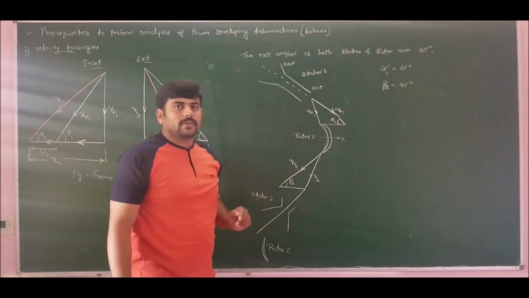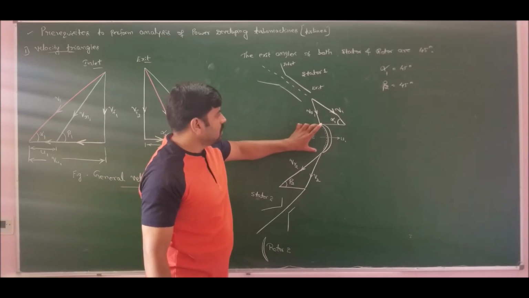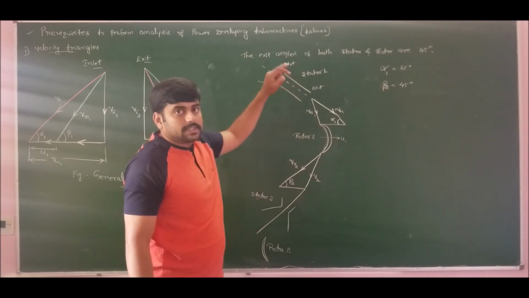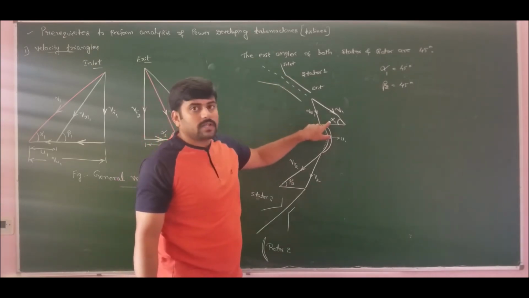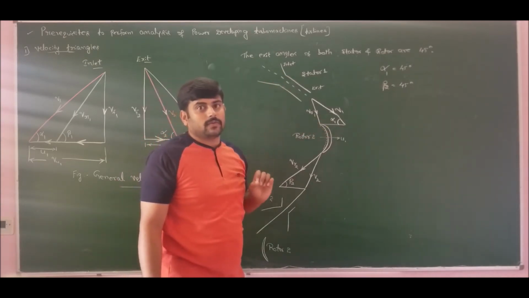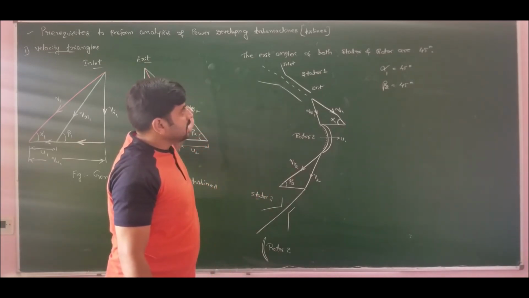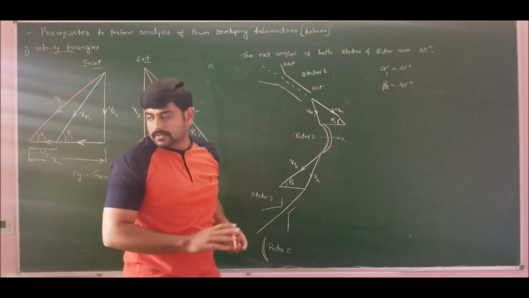One should be very careful. Whatever we speak, inlet and exit is with reference to the rotor. When he says the exit of the stator, then it is an inlet for the rotor. So therefore, you should take alpha 1, not alpha 2. Be careful. So this is what I wanted to explain clearly. Hope you people got the point. Let us move to case 5.